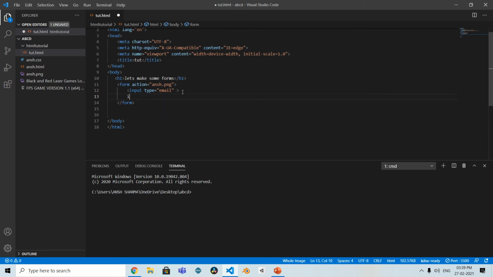Now I am making an input type equals to text, and I think we should do this upwards. Control plus V. Now control plus S, and now we can simply type here, enter your name, and enter your email,